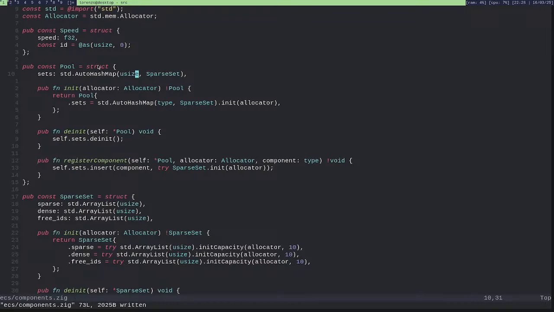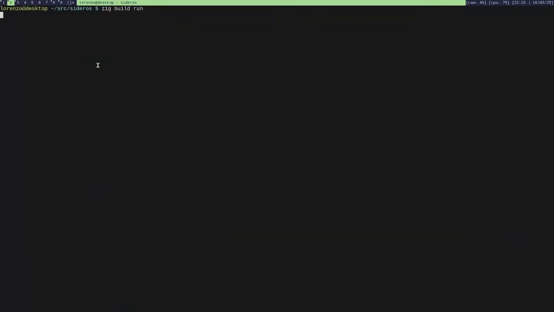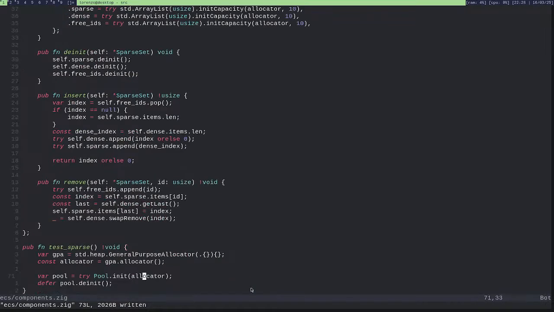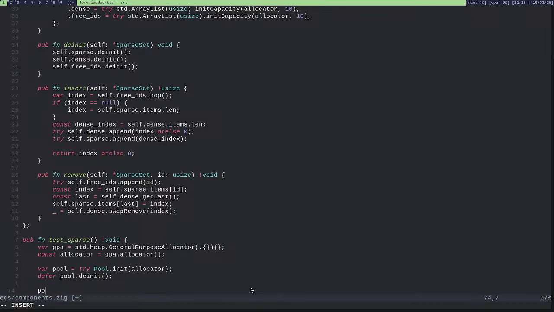And then here just use usize and usize. Okay, this is good. And so here I will then just call register component speed.id.